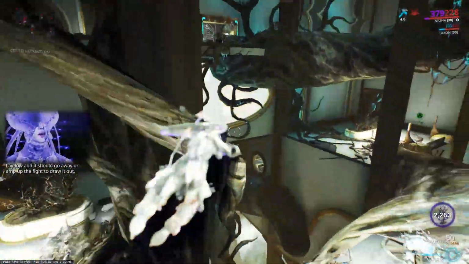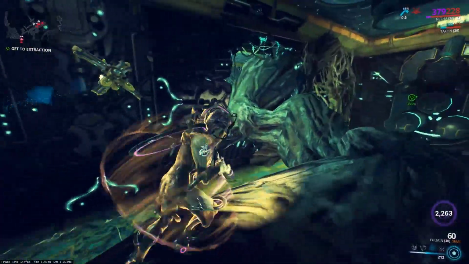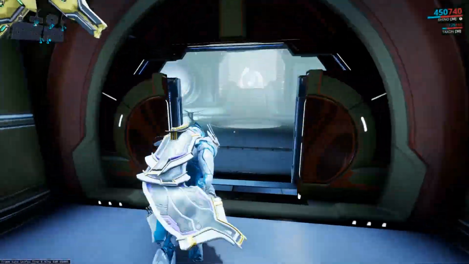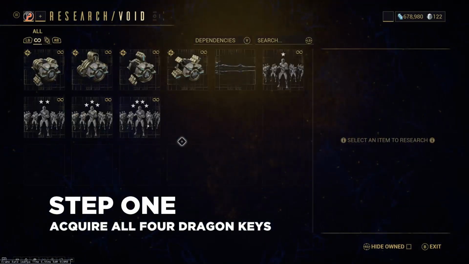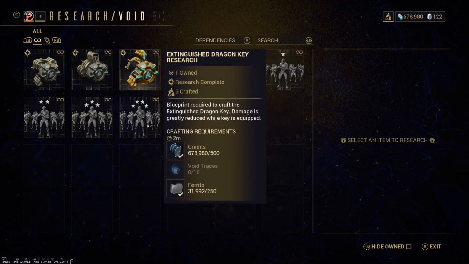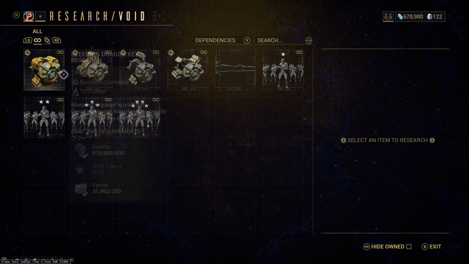keys. Completing vault runs solo can be beneficial since you can do it without having to recruit players, a process which takes up a lot of time and can often be very stressful. The first thing you'll need in order to start doing vault runs solo is to acquire all 4 dragon keys. The dragon keys are located in your clan dojo in the Orokin lab. If you're currently not in a clan, I would advise you to do so as soon as possible. Apart from being the only place where you can get these keys, they have a lot of other cool benefits